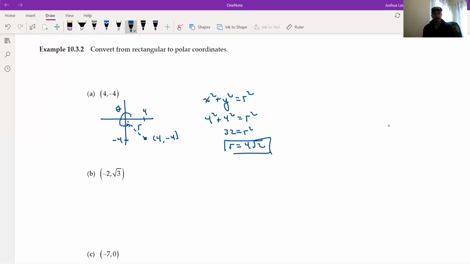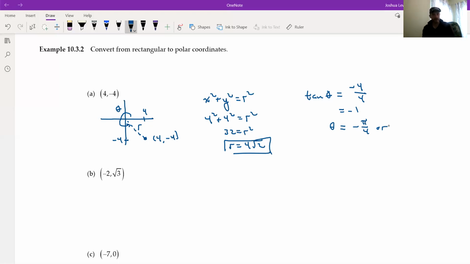Okay? And now theta, well, let's see here. Tangent theta equals, well, y over x, right? So negative 4 over 4, which is negative 1. Well, where does tangent equal negative 1? Well, if you're looking at inverse tangent, that would give us an angle of negative pi fourths. Or if we want to measure in the positive direction, recognizing that we are in quadrant 4, then that would